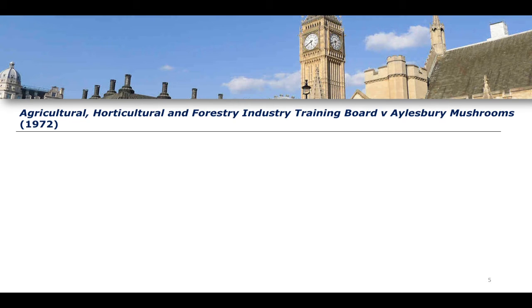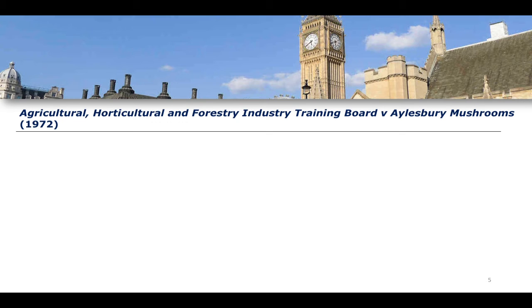And so, to give an example here, we can think about the case of the Agricultural, Horticultural and Forestry Industry Training Board versus Aylesbury Mushrooms. This is a case from 1972. If you were to cite this case in an exam and you were handwriting an exam, you would probably be fine by just saying Aylesbury Mushrooms 1972. When there are very long cases that either will eat up your word count or take too long to write down in an exam,